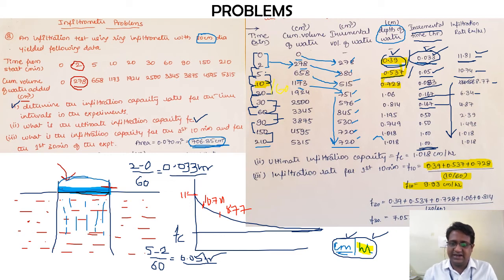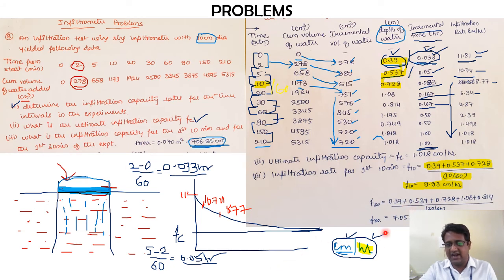Okay, imagine the entire experiment has been conducted only for 10 minutes. Then this is how you need to calculate the average value. Right now what I am doing is the value of water added divided by the time. So how we have calculated the last column, right? The similar calculation I am doing, but for a required time as given in the question. Similarly, now if I want to calculate it for the first 30 minutes, how will I do it?